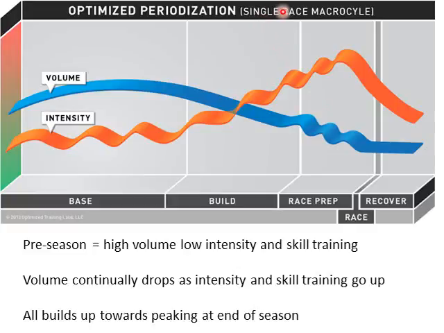This is looking at a single race cycle, but we can also do this over a whole season. In that case, it's like when you hear about teams doing two-a-day practices, hell week of football: lots and lots of volume, not too much intensity. But as time goes on, obviously you're not doing two-a-days anymore. You might have two or three practices a week where you're doing a decent amount of exercise in football. Then you have a couple of easy practices right before the game where you're just practicing your skills, and you're ready to go by the time the game comes. So that's the idea of periodization.